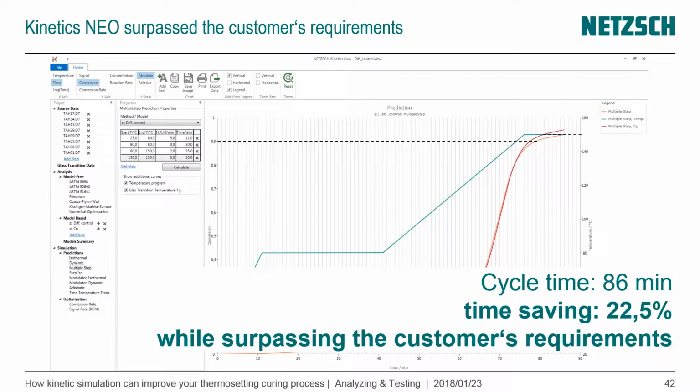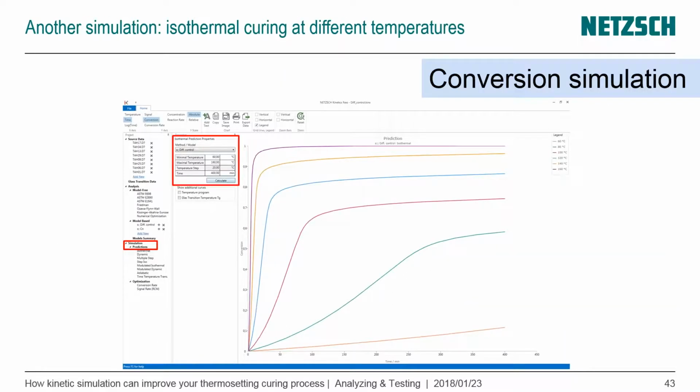And that's the big impact, how you can optimize your process by using kinetic modeling and the very easy to use Kinetics NEO software. But we could show the customer more information. We showed him,